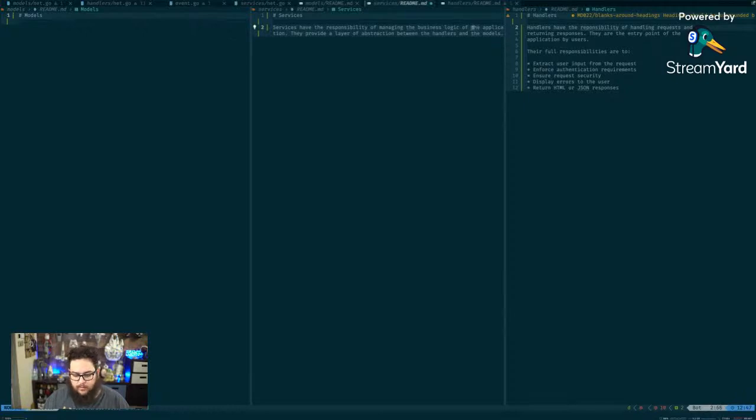They are the logic of the application. They provide a layer of abstraction between the handlers and the models or other components. So the reason I say or other components here is